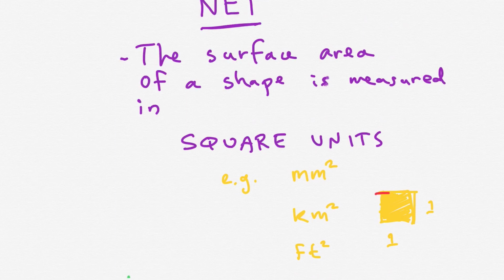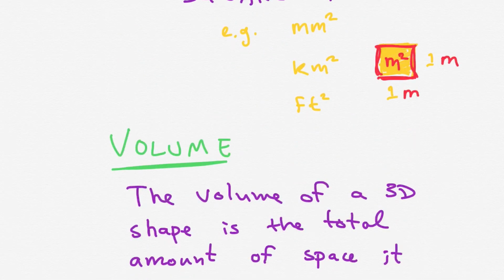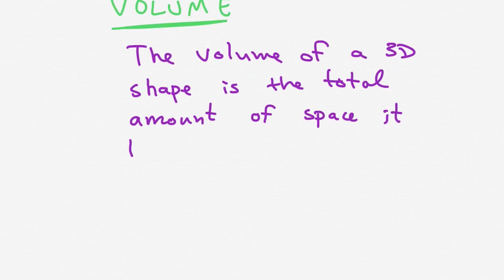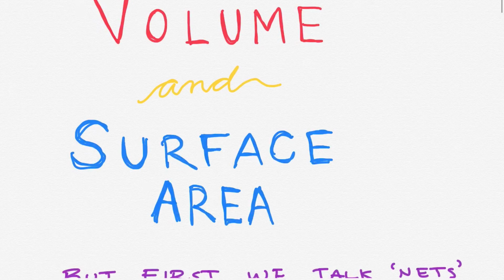So our units are these little square units, right? So this would be 1 by 1. So if we're dealing with, I don't know, meters, then this would be meters squared, right? Now, the volume of a 3D shape is the total amount of space in it. So the units will be meters cubed,